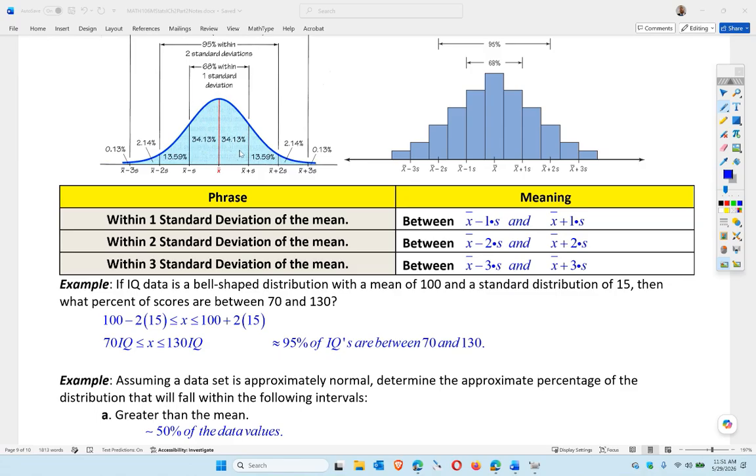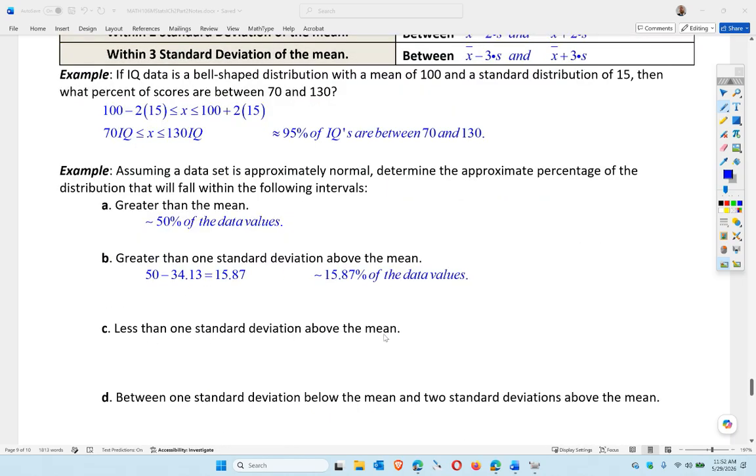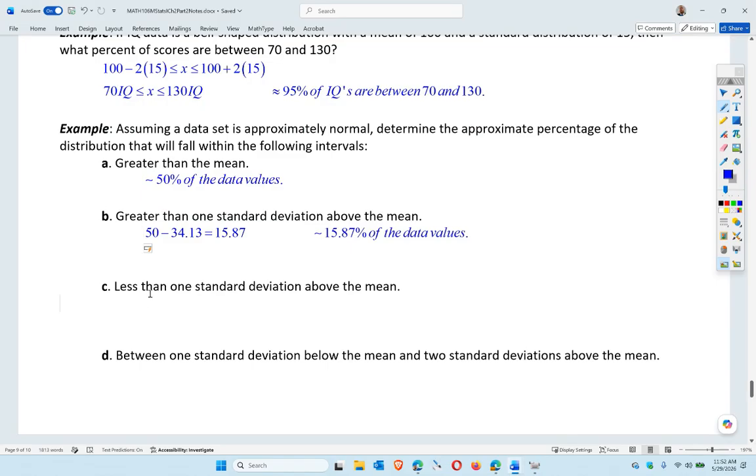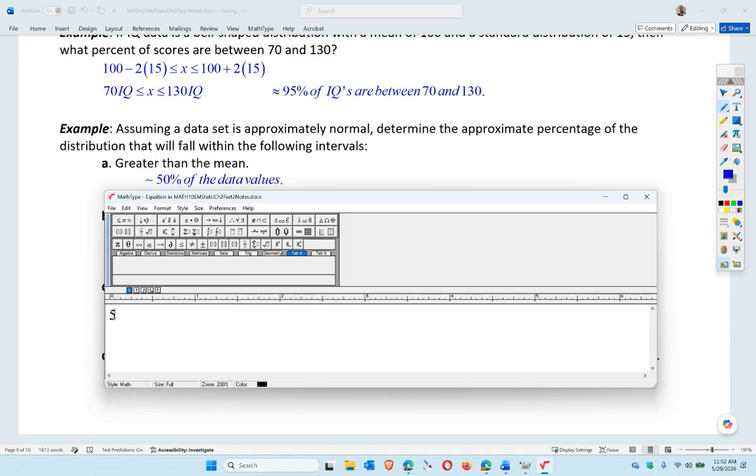Wait a minute. So less than 1 standard deviation above the mean. Okay. So I've got to do a little math there. So I basically want to do the 50 plus the 15.87, right? So that's going to be 65.87, right? So basically, approximately,